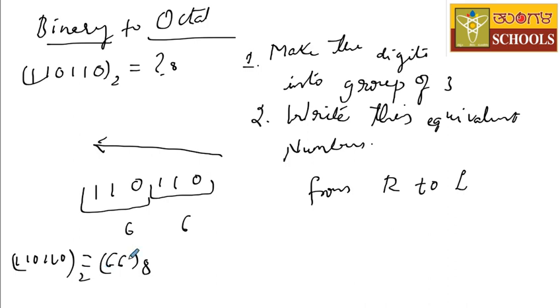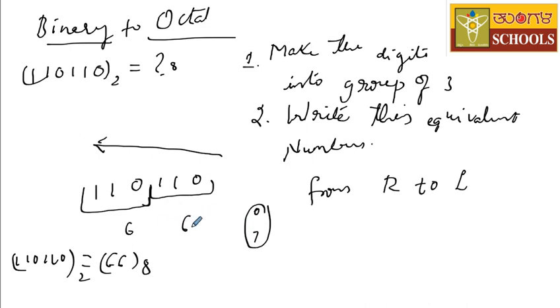I think you have the question in your mind: how did I write 6 directly? 6 is nothing but, if you do the calculation, you know how to convert binary to decimal. The same calculation you have to apply here, but we made groups of 3, that is why it becomes 6. Why did we make groups of 3? If you convert this number into decimal, the result will always be less than or equal to 7, correct? Our octal number system has only 0 to 7. We will get a result equal to 7 or less than 7. That is why the obtained number is always in the form of octal. That is because we made the grouping of 3 digits.